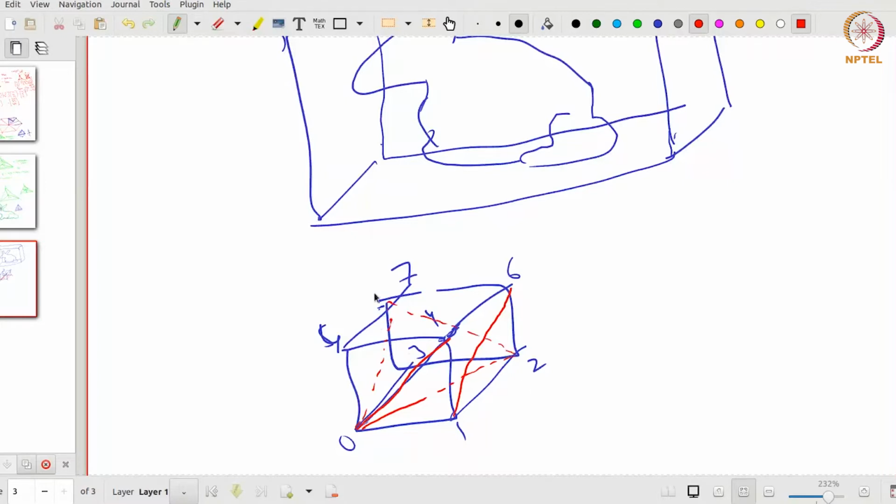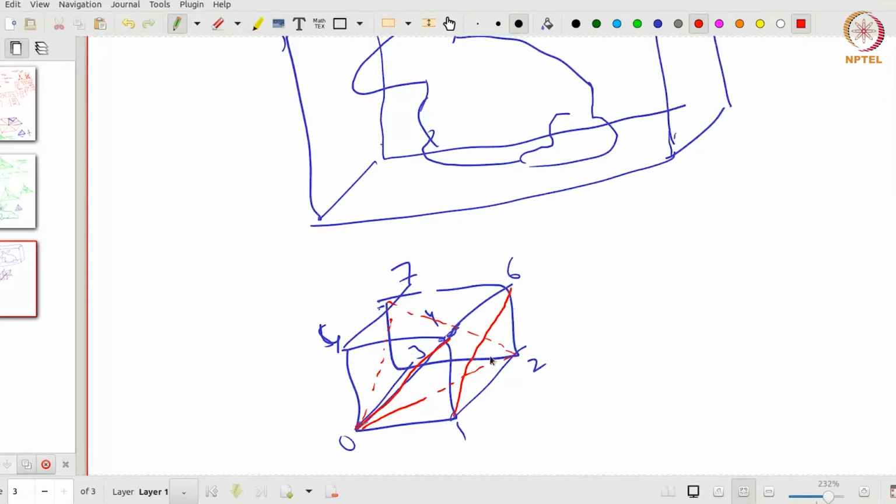Is the diagram clear to everyone? I've just drawn the triangles that we'll be obtaining on each of the faces. So we'll obtain 12 triangles because there are 6 faces and each face is being divided into 2 triangles. So now you have obtained a set of triangles as well, and now you know what indices these vertices are